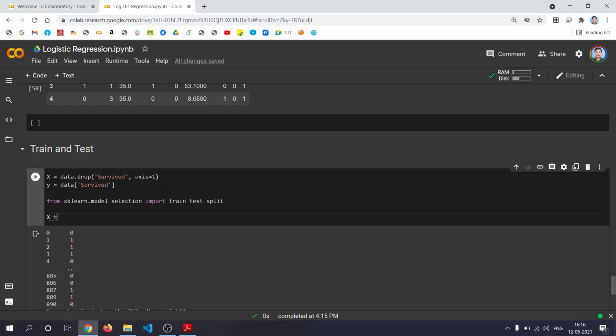For example, X_train, comma X_test, comma y_train, comma y_test equal to train_test_split, capital X, y, test_size equal to 0.3 and assign a random number, random_state equal to 1.